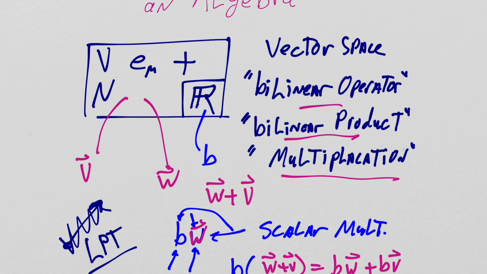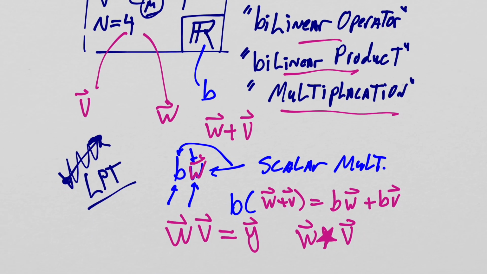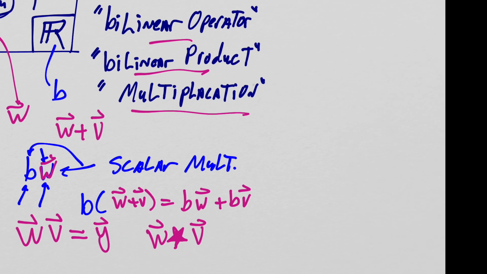In fact, we can even go one step further and just say n equals 4. We're dealing with a 4-dimensional vector space, and we're dealing with the unit vectors E0, E1, E2, and E3. That's what these E mu's are, just those 4, starting at 0 and going to 3. We might as well, because that's all we're going to use in this collection of material. But the point is that once we have a vector space, in order to promote it to an algebra, we have to create this bilinear product. And in this case, bilinear means